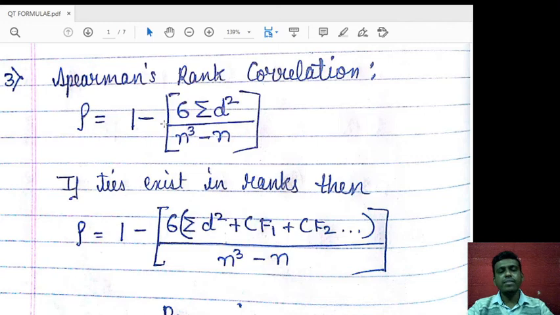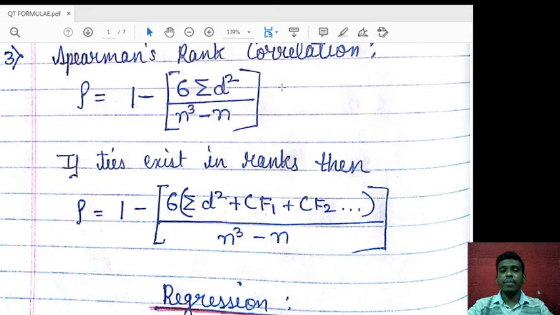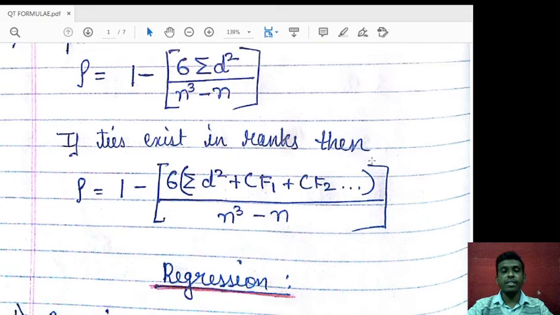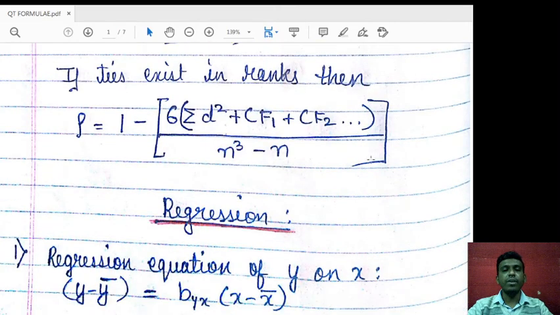Now this is where simple ranks are given, that is, each student gets one rank and there is no tie between them. But before that, let us understand the notation d. d stands for deviation between ranks. It is equal to the difference between the ranks, R1 minus R2, and n is the number of students being studied. We use this method when there are no ties, but what will happen if ties occur?